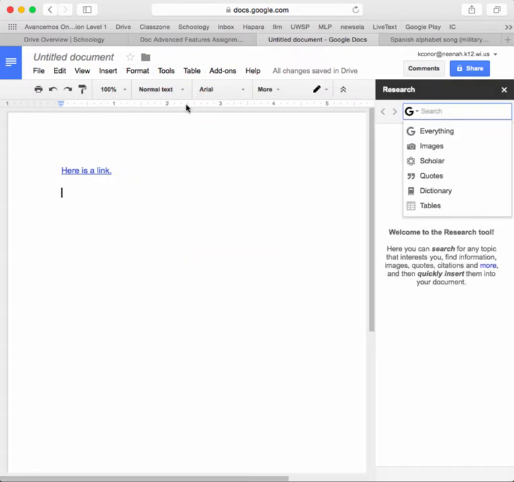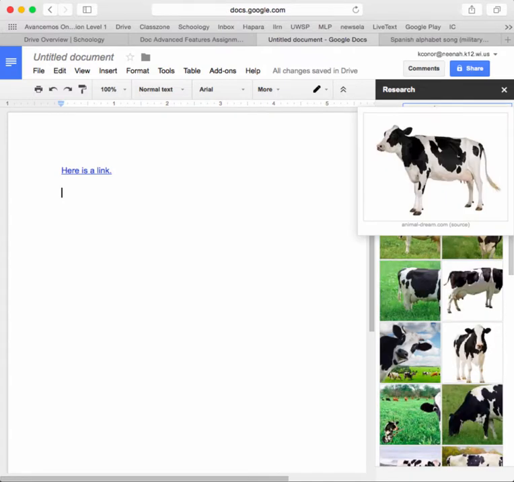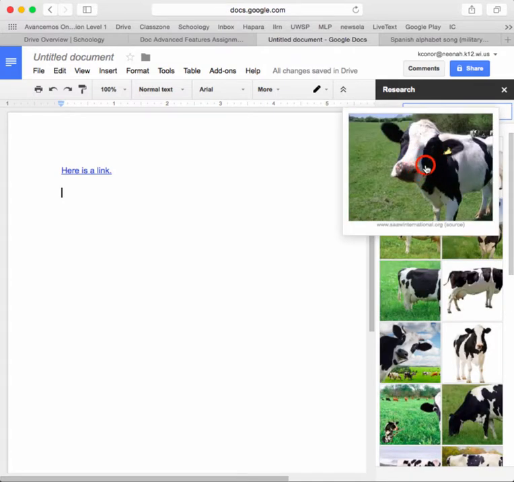All right, when you select Research, you get a bunch of different options. Everything, basically with Google, Images, Scholar, those are official scholarly writings, not just websites on the internet. Quotes, dictionary, and tables. Today we're going to do images, and you'll search for an image of your favorite animal. My favorite animal is a cow. There it is. I'm going to use this picture. I'll drag it onto my document,